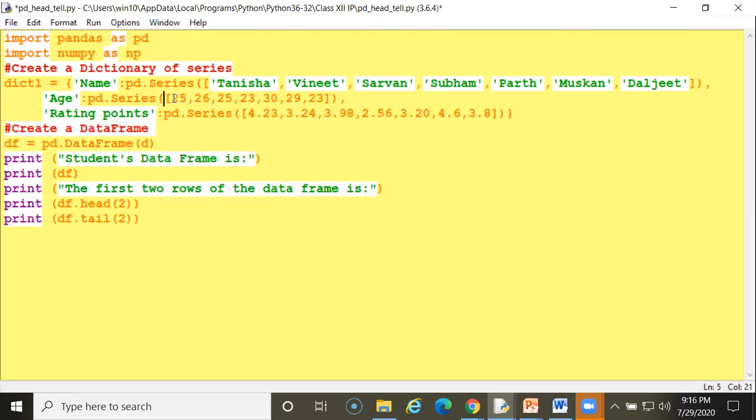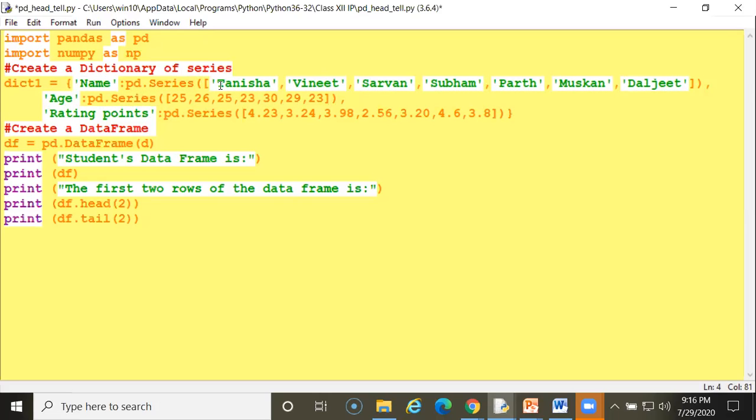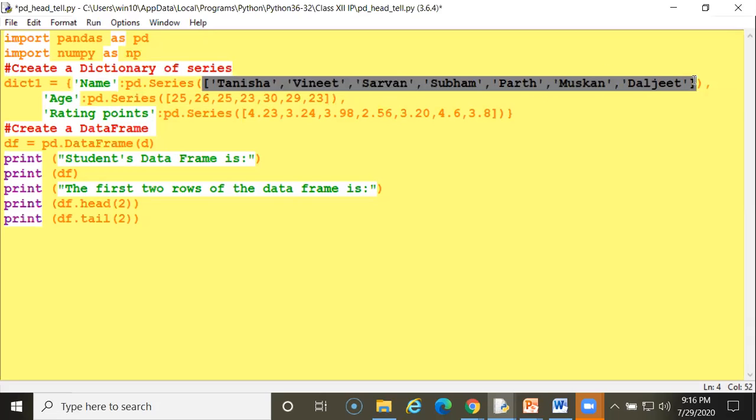Now another key I am using as a column, that is age. After the colon, pd.Series. Series is a function, so you need to write normal brackets, and these values you have to enclose in square brackets. After series, this is a normal bracket you have to use. Whenever you are using a function, always enclose in normal brackets.